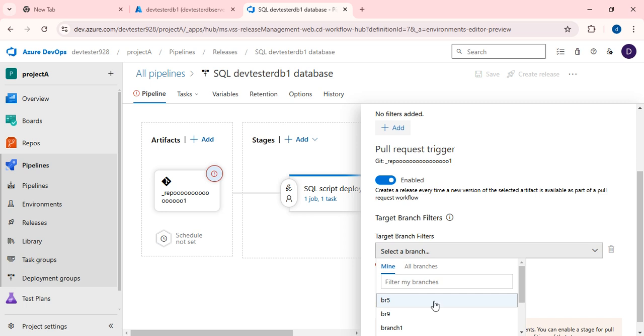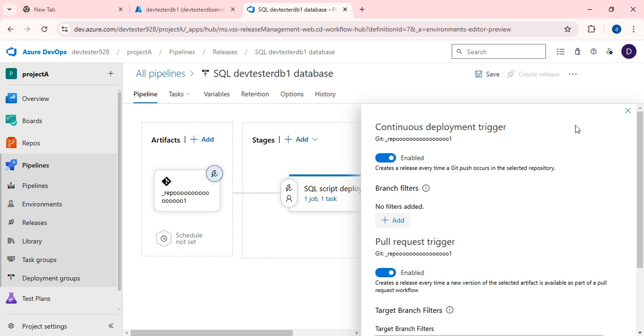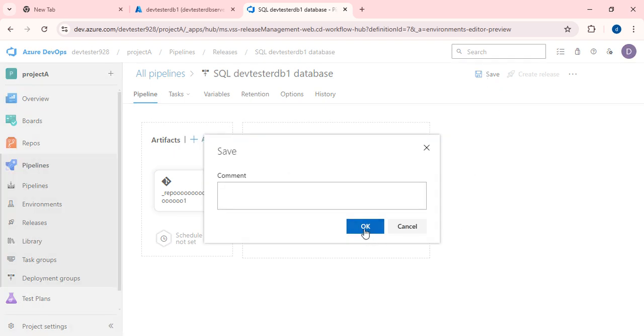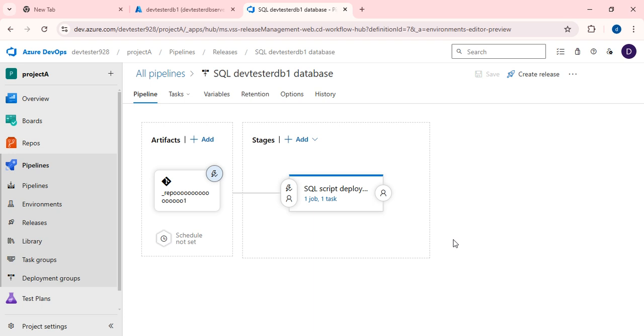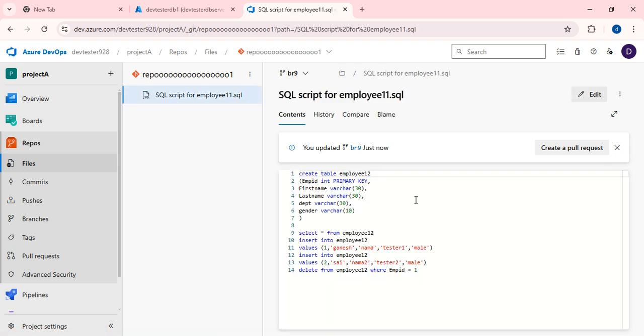Pull request trigger. Select branch. Branch 9. Okay. Fine. It will trigger now. So save. I need to save. Earlier I didn't save that, so that's why it is not at all reflecting. So again I am going to